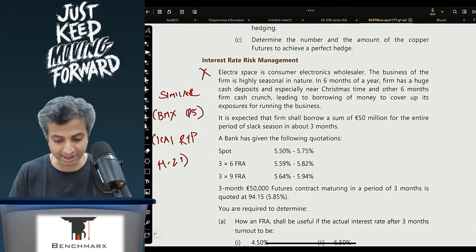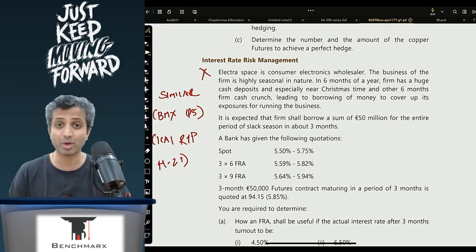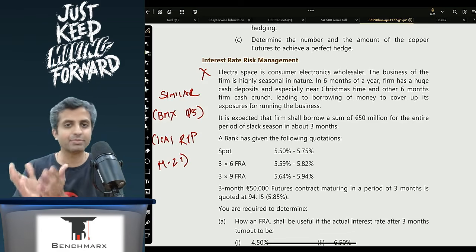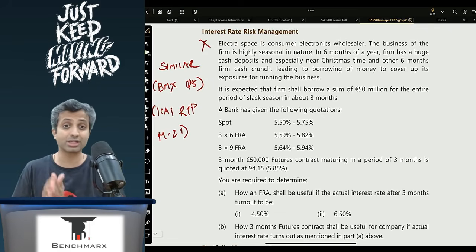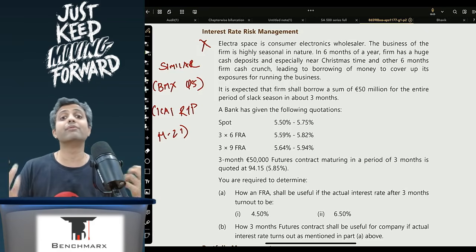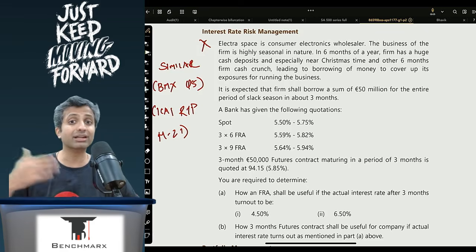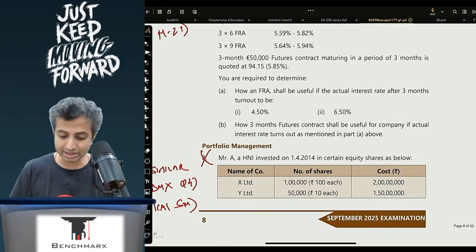Question number 7 over here on interest rate risk management, similar to question 5 of our material and ICAI RTP May 21. So is a lot of 21, 20 RTP questions being recycled over here by the institute. This was definitely a last day revision question where you had this situation where you had to study the possible hedging using interest rate futures as well as forward. So this was the one question where both get tested.